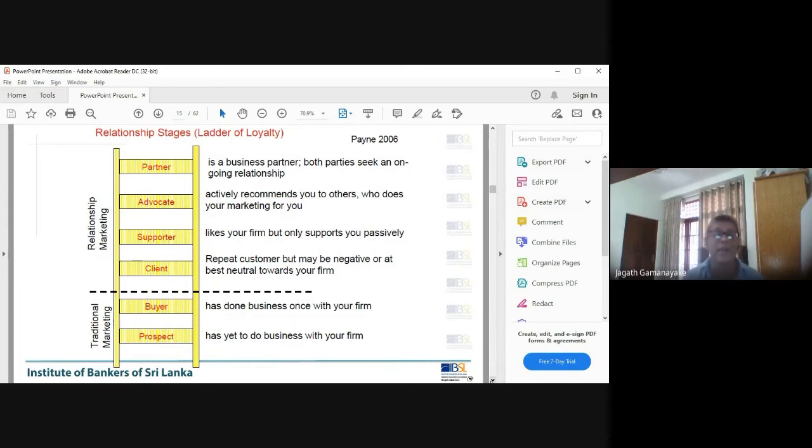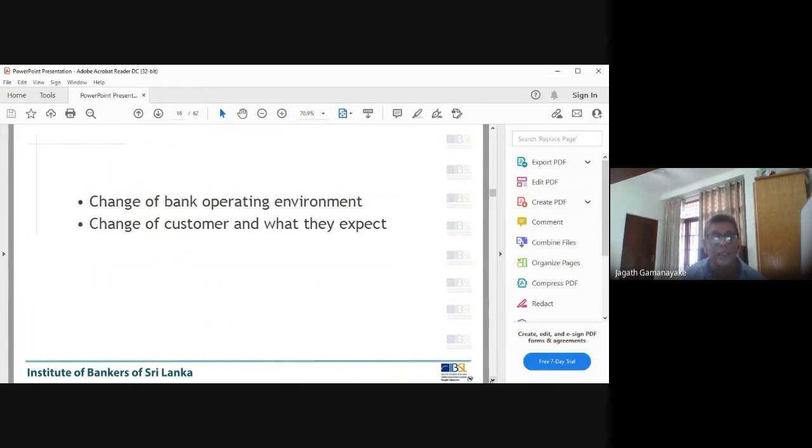Now, once you have the partner, it's very rare he will move to another organization, right? This is how the relationship comes. Now, you may have noted that the relationship customers need to have a lot of issues, right? The banks need to play an important role. Why? This so-called relationship customer,